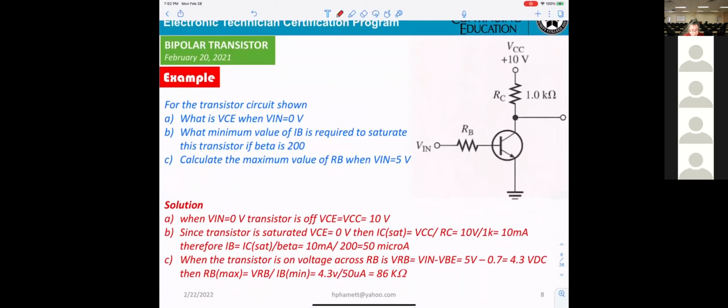Now, for the transistor circuitry here, what is VCE? That will be C here, that will be B here, that will be E here.